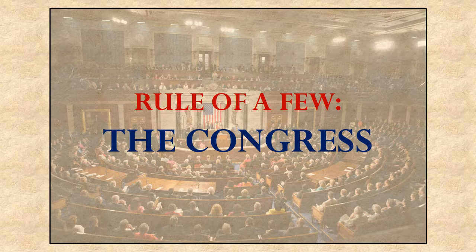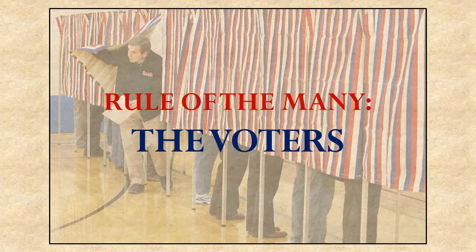The American Republic embraces the diverse ideas and checks on power of the rule of a few in the form of Congress. By making the Congress subject to the people through regular elections, the Founding Fathers hoped to prevent Congress from conspiring to just serve elite interests. A Congress that behaves badly can be voted out of office.